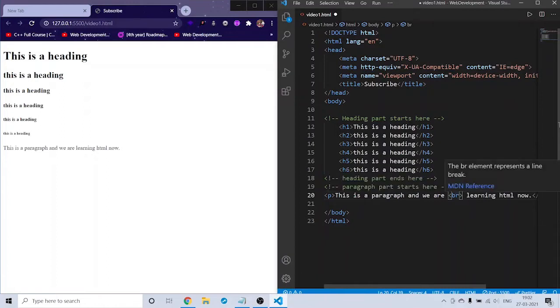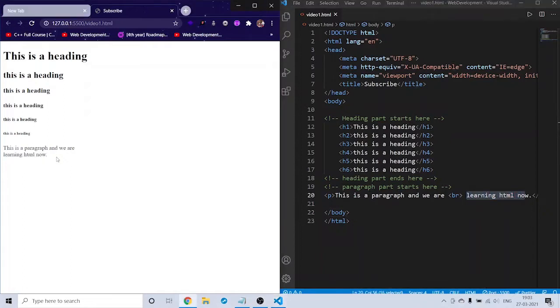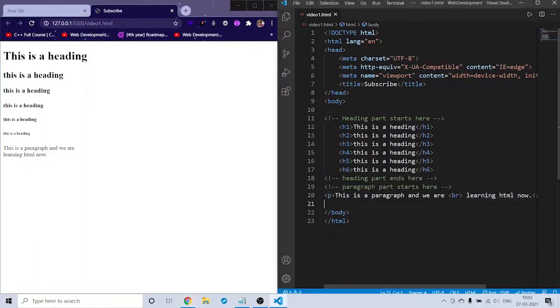Now when I hit save, after BR we got a line break. So BR stands for breaking of line, and the next part of the line, learning HTML now, is printed here. So till now we learnt h1, which are headings, paragraph and a line break.